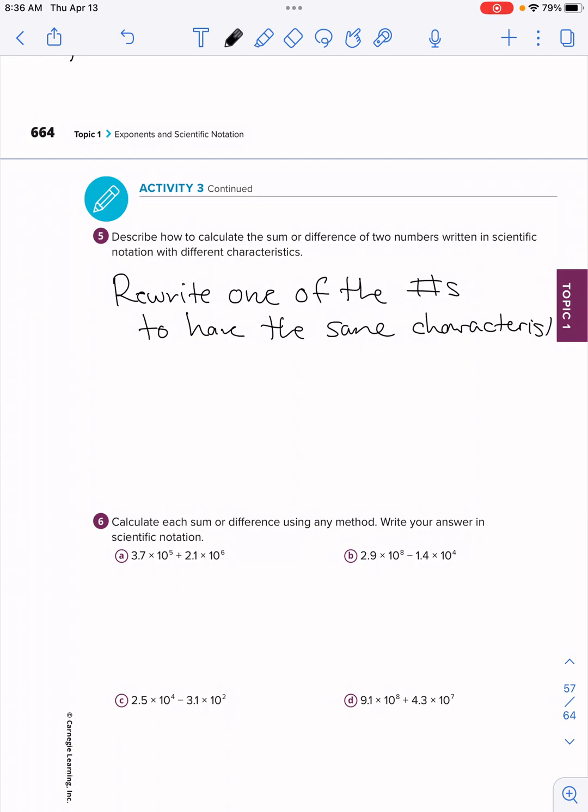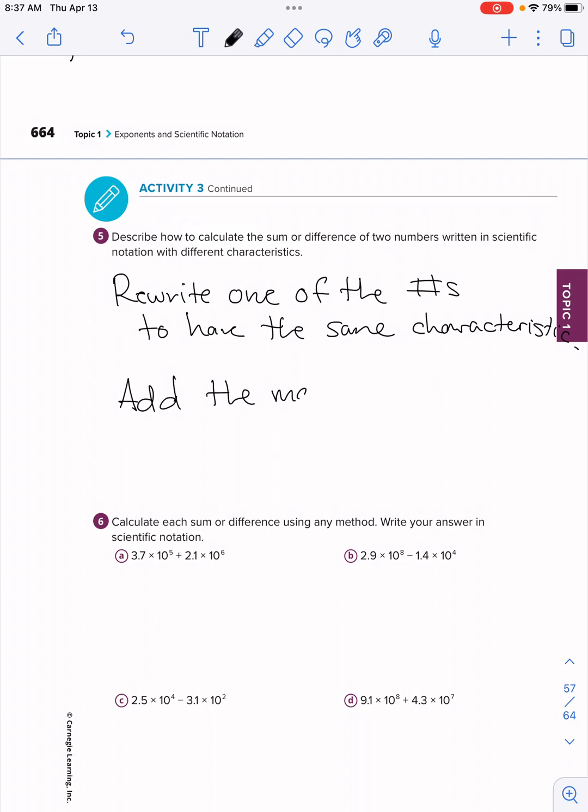So that might lead to a choice overload, but just pick a number, say this is the exponent, this is the other exponent, I need this to be the other exponent. Think about whether you have to add or subtract to get that exponent, and that'll tell you how much to move the decimal point. Then after this, then you can add